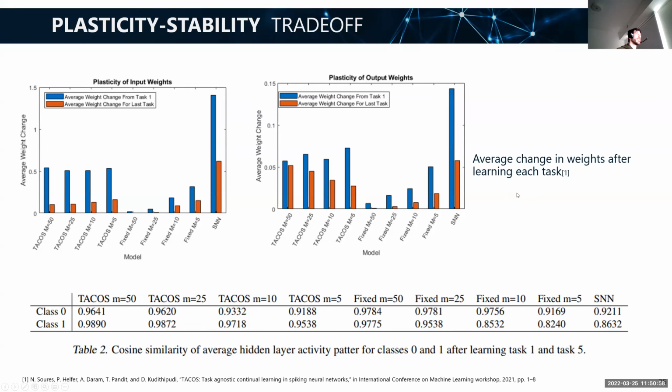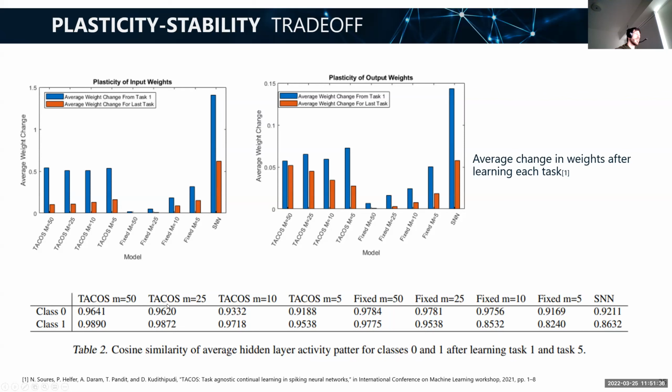So we see this large degree of plasticity, but at the same time, we can measure how much information we retain because of that loss in performance. We do this by comparing the hidden layer representations when it was trained on a task versus when it was trained on all tasks. Specifically, we report here task one's cosine similarities of what the network representation was when learning task one versus what the network representation was after learning all tasks.